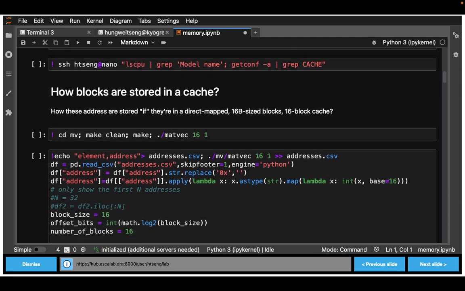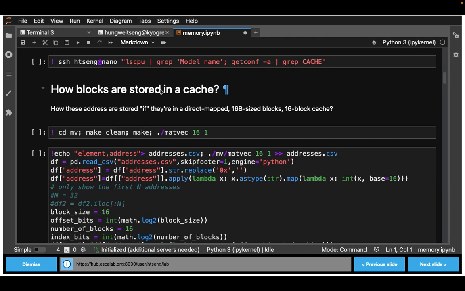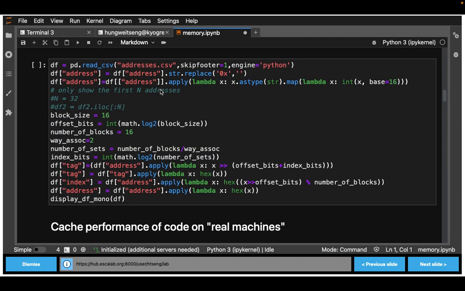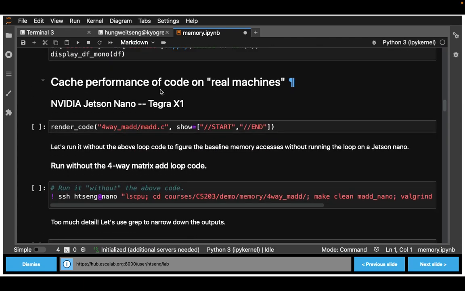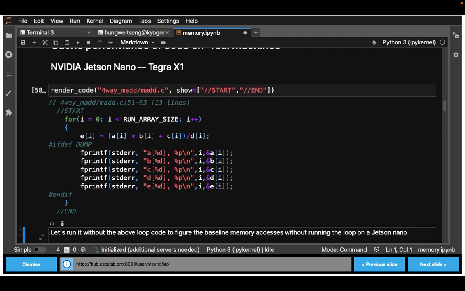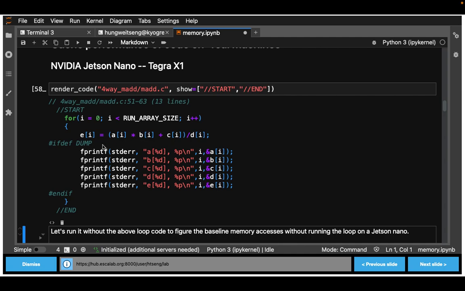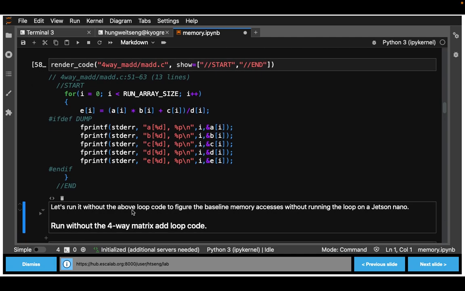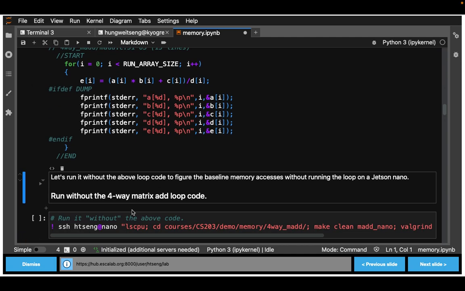So we have gone through a lot of different things and how blocks are stored. Okay, so this is the partition of the data address as last time, and this is the code. Very similar to what I showed you, right? But I added this, well, essentially the same: E[i] equals A[i] times B[i] plus C[i] divided by D[i]. The only difference is that here I print out the address, so you know that I'm not fooling you regarding